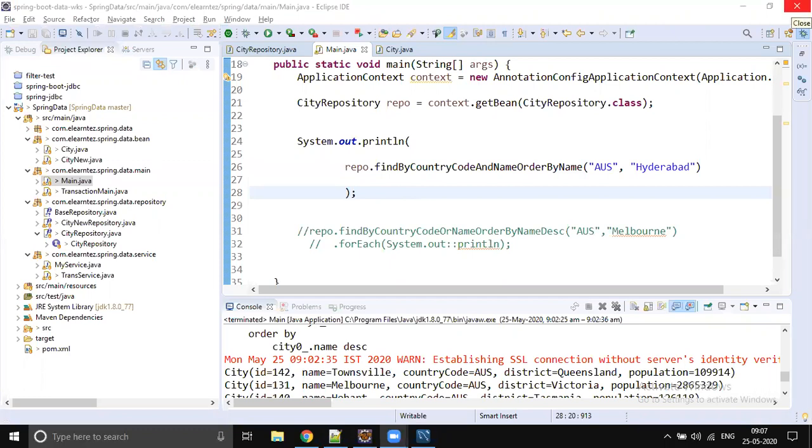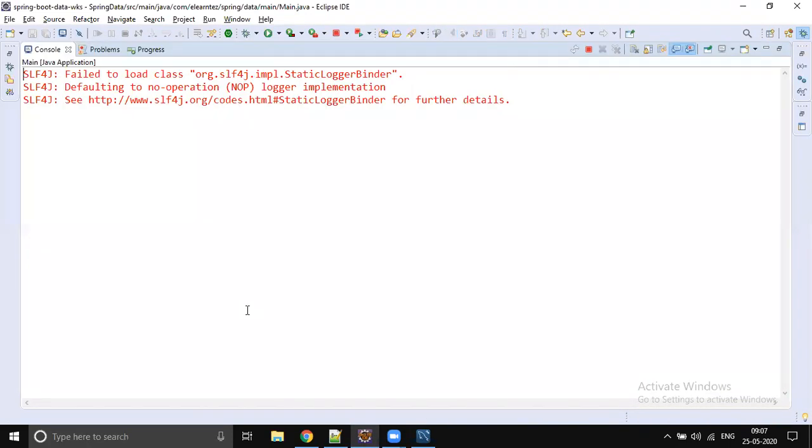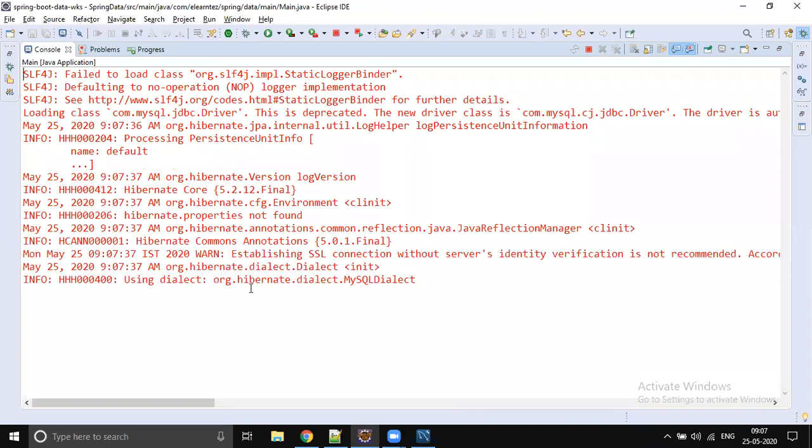We are expecting the data, but the data is not available. If it is JDBC, for sure it's an exception, and we wrote exception handling also. So let's see what will happen in the case of Data JPA.